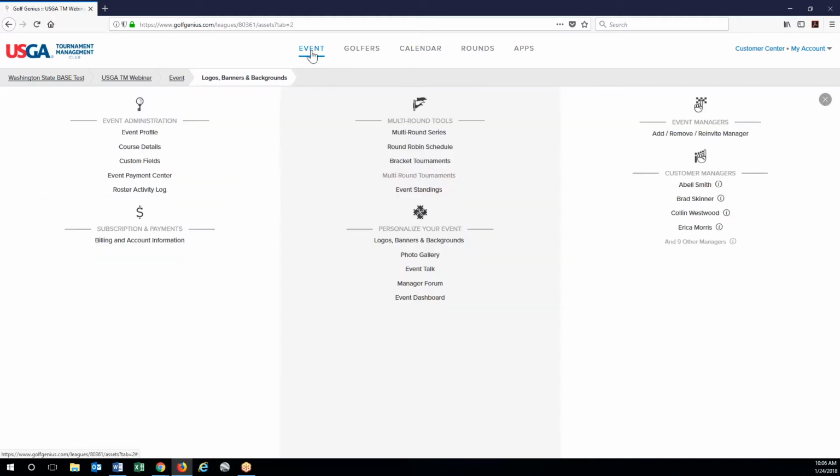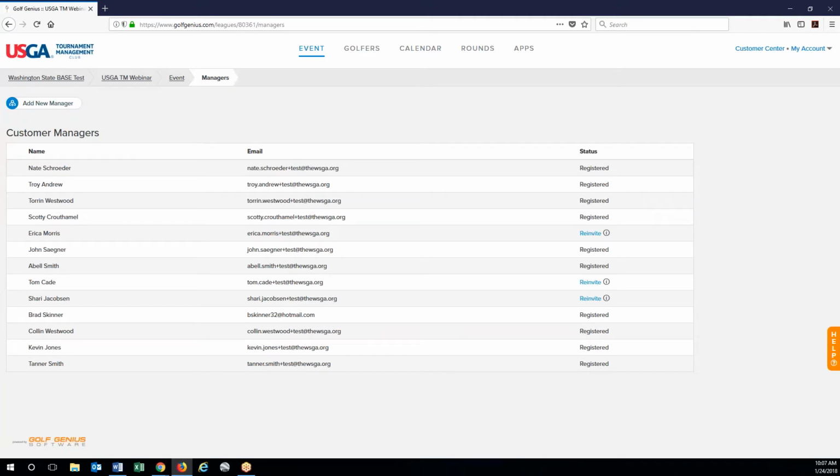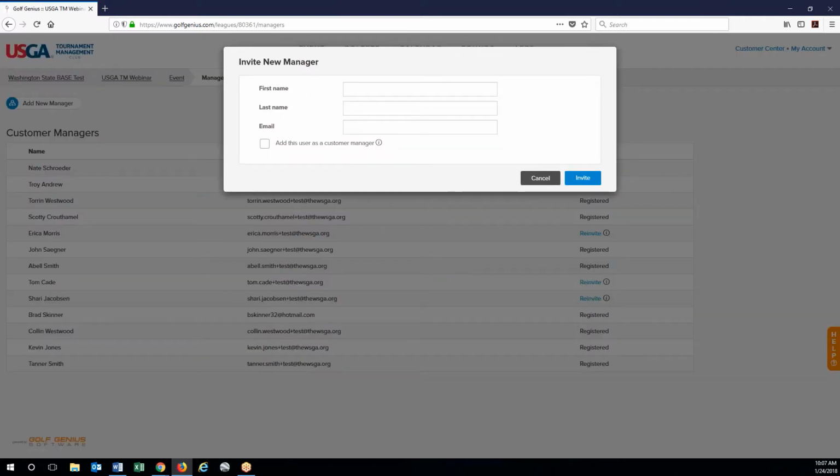Let's go back to event. And the next thing I want to just go over again is the event managers. We talked about this briefly last week, but I want to reiterate it. This is a great way when you're having an outside event to add people to it without having to give them access to everything. As you can see here, these are customer managers, and those people have access to the entire account, but an event manager only has access to the specific event. So what we could do is I could add myself,